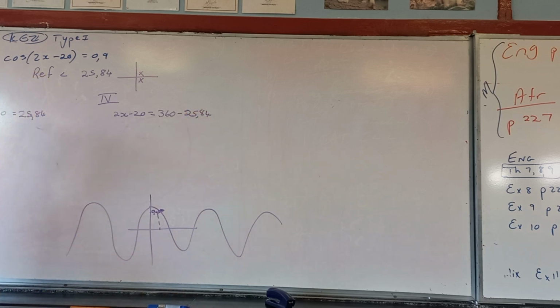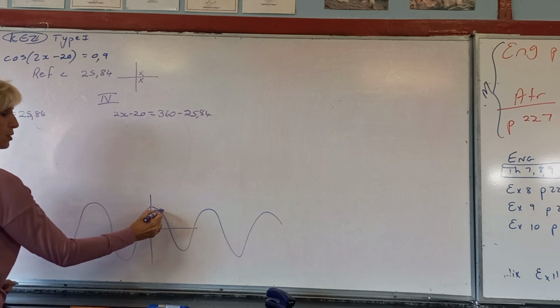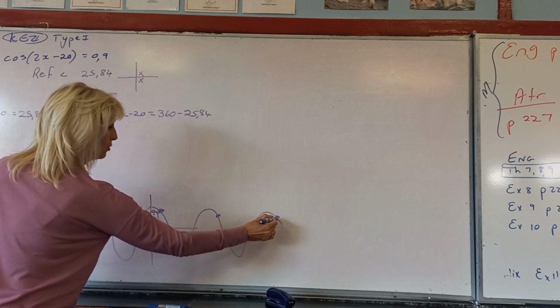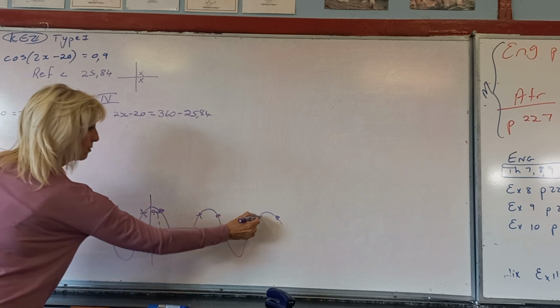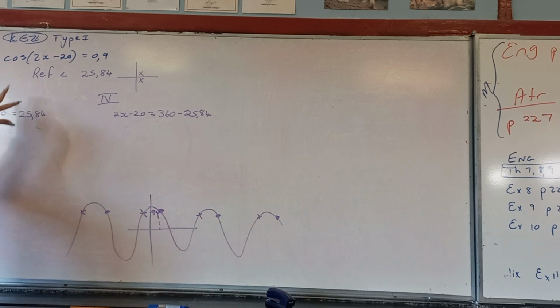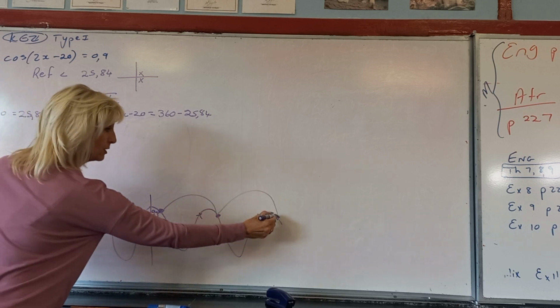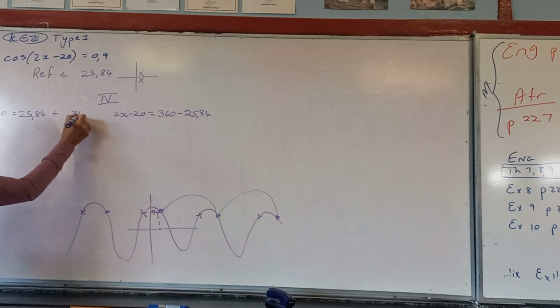How many answers have I got here? 2. When I go work it out, one answer. But I should have lots of answers. Remember the little dots. This dot will belong to that dot, and that dot, and that dot. But there are others, crosses, crosses, going on until forever. How do I include all of them? From this one to that one and to the next dot is all the time 360. But how many times? A lot. Where k is